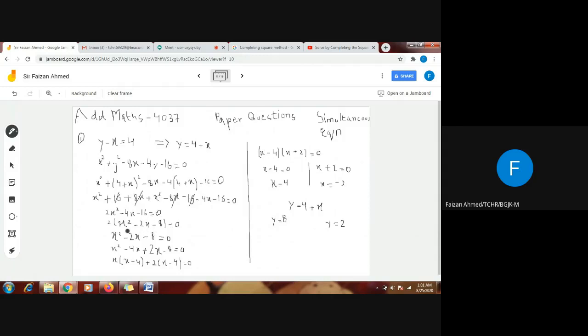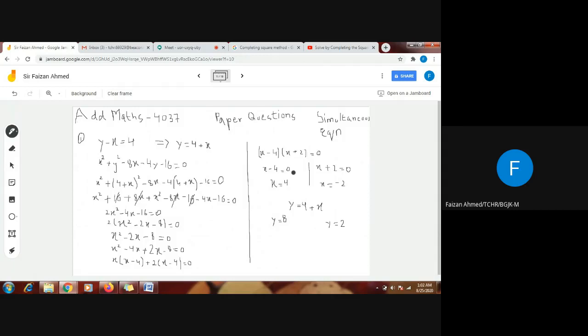And my final quadratic equation will be, after taking 2 as common, x square minus 2x minus 8 equals to 0. Now I have to factorize it, so I will be using the middle term breaking method. My two factors are minus 4x plus 2x. And now by taking common, the two brackets are x minus 4 and x plus 2. So I will equate them one by one to 0. x minus 4 equals to 0 means x equals to 4. And x plus 2 equals to 0 means x equals to minus 2.